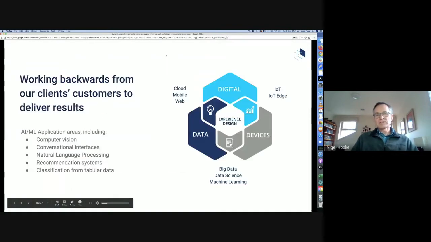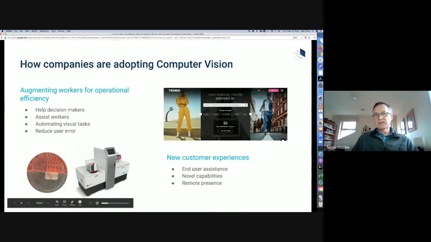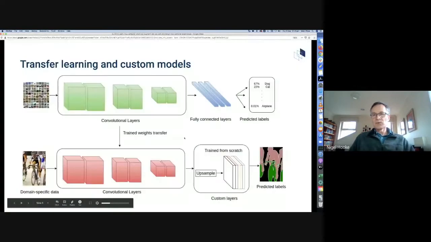And the way we would take one of these models and reuse it is essentially we take the convolutional neural network layers, we strip off the fully connected layers at the back end, and we replace that with some new neural network layers that are customized for the problem we're trying to solve.